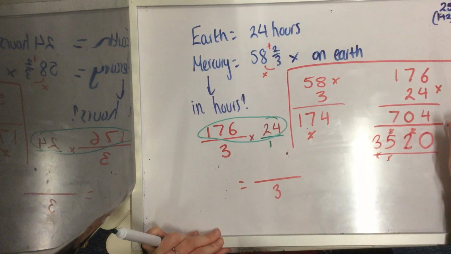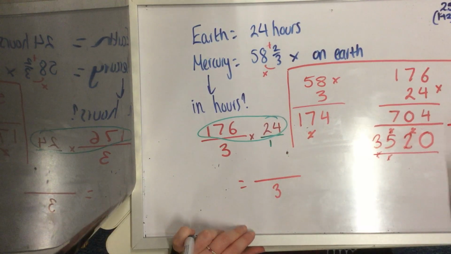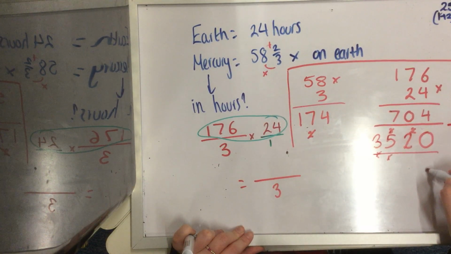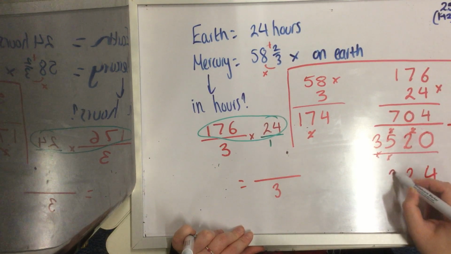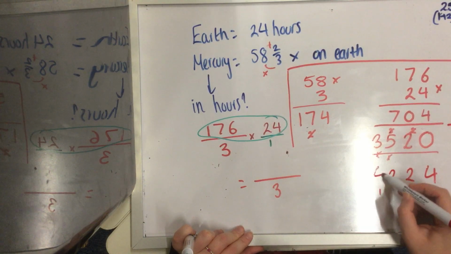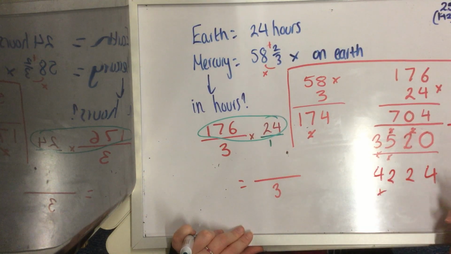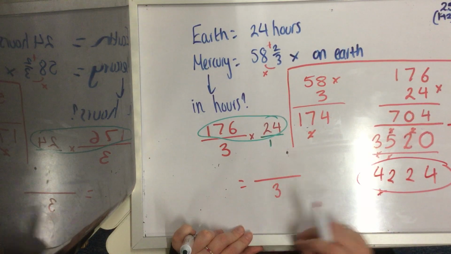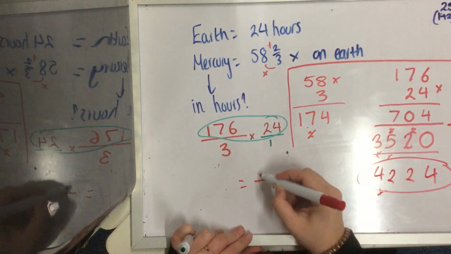No, what have I forgotten to do? Add it before I get too carried away. So add these together very, very quickly. So that gives me 4, that gives me 2, 7 plus 5 gives me 12, and then 3 plus 1 is 4. Right, that looks a lot better now. So that is my answer, 4,224,